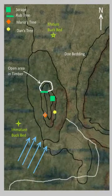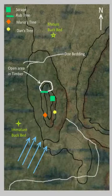So I got in here, got set up, didn't get a whole lot of action right at daybreak, but around 9 o'clock, 9:30, I started getting doe coming up out of this bedding area. So the first set of doe that came out, a couple doe walked onto the island here and dispersed off into the thick stuff in this pattern here. A couple minutes later, I had one doe come out,